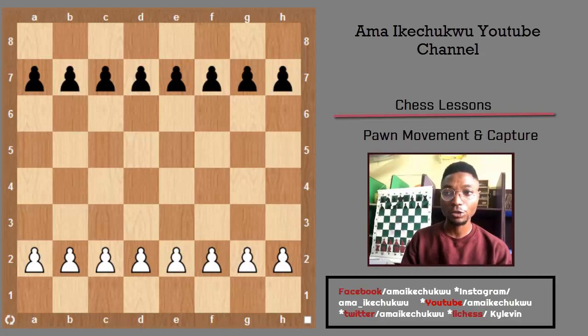In this video, I'll be showing you how pawns move and capture. Pawns are the most plentiful piece on the chessboard. Each side starts with 8 of them. They are aligned with the white pawns along the second row, moving upwards, and the black pawns along the seventh